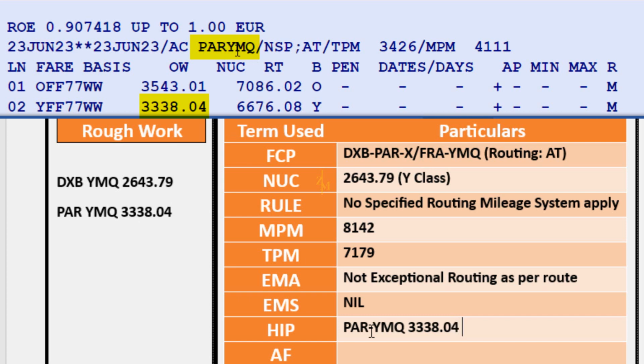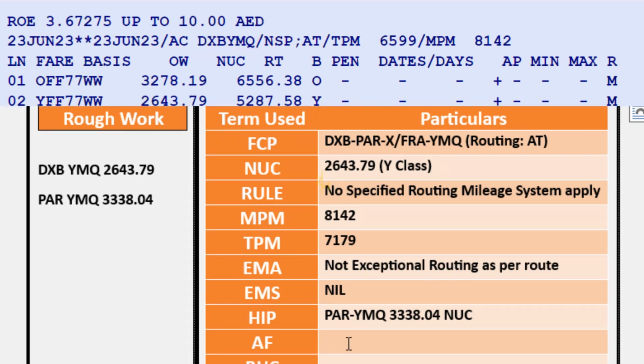Therefore, the higher intermediate point, HIP, fare of 3,338.04 NUC applies to this routing. Step 9. Airfare, AF, or constructed fare, CF, represents the final fare calculated based on the chosen routing and fare rules. In this case, the constructed fare in neutral unit construction, NUC is